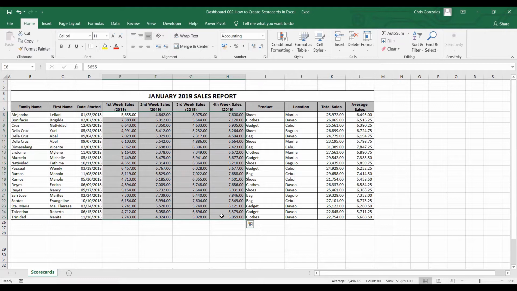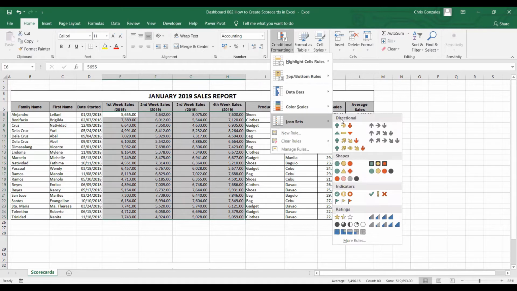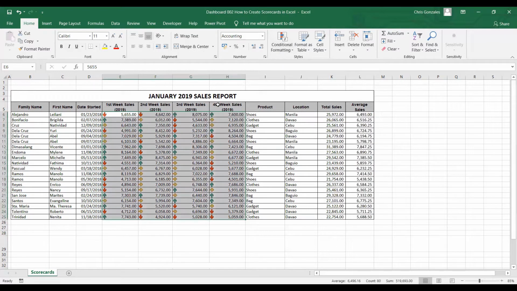In order to implement that, let me use an icon set under conditional formatting. So you can find icon set under Home tab. Click on the icon set under conditional formatting. And here you can select any available icon sets. In our case, let us use the directional icon, one up arrow, one right, and one down arrow. Over here, Excel will automatically define them based on a certain range, but this is not the range that we